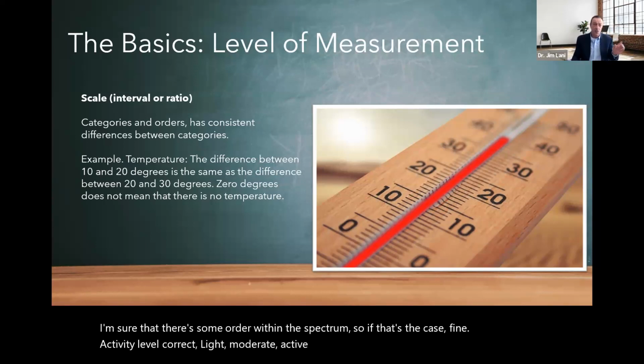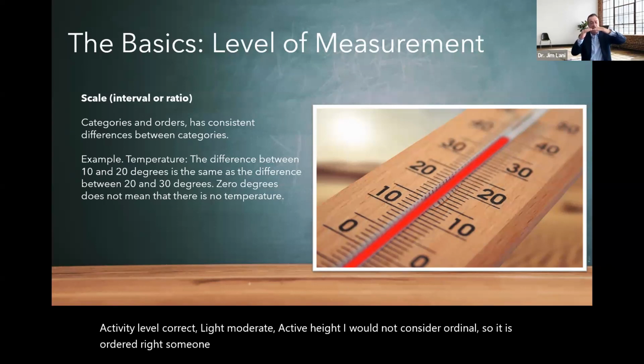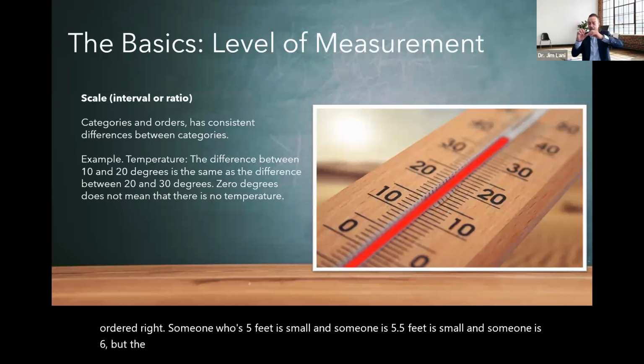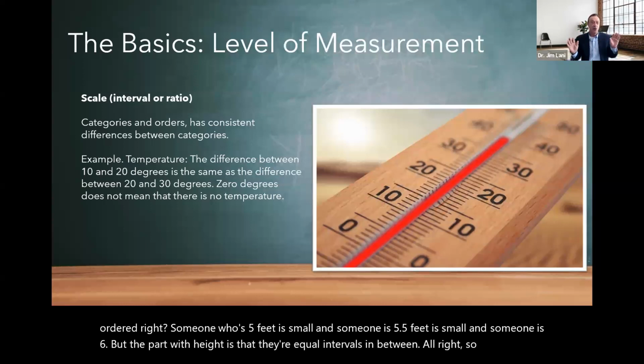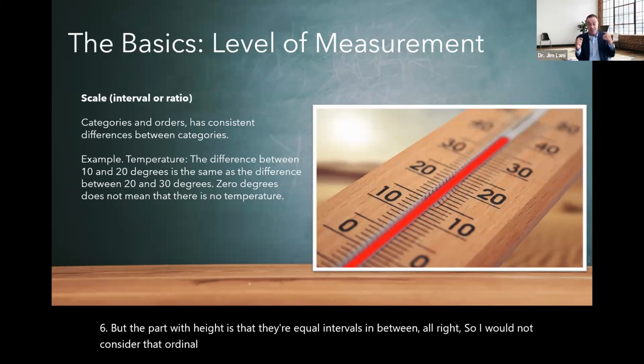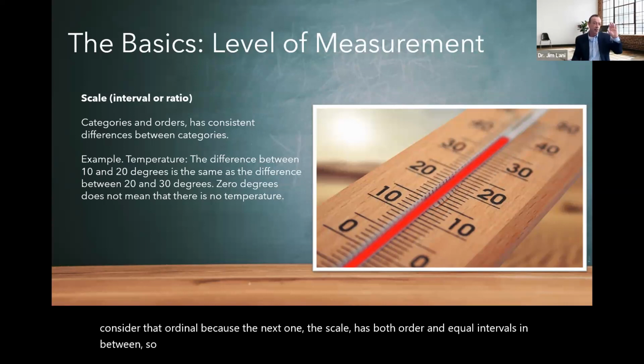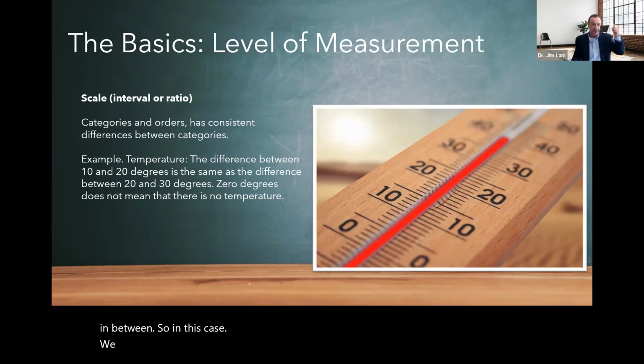Height, I would not consider ordinal. So it is ordered, right? Someone who's 5 feet is smaller than someone that's 5.5 feet, is smaller than someone that's 6. But the part with height is that there are equal intervals in between. All right. So I would not consider that ordinal, because the next one, the scale, has both order and equal intervals in between. So in this case, height would count as a scale, weight, scale, okay, age, scale,